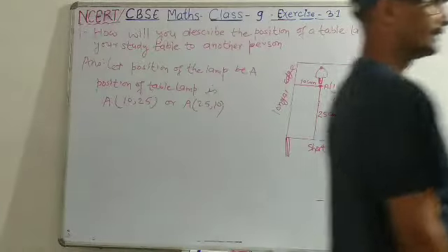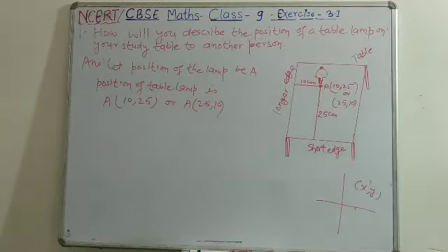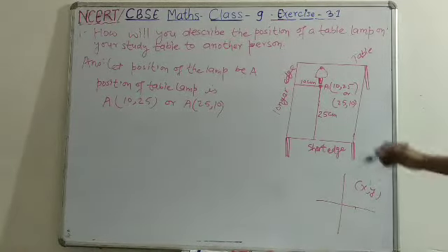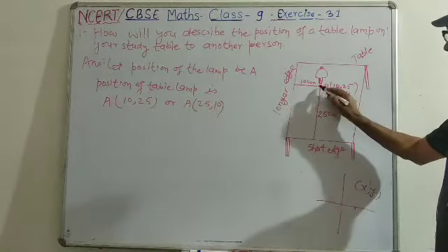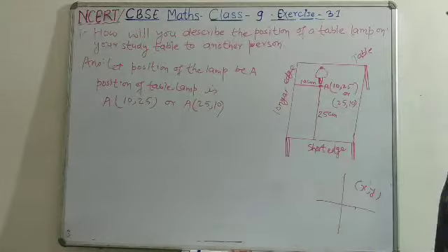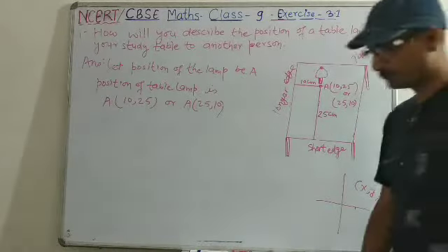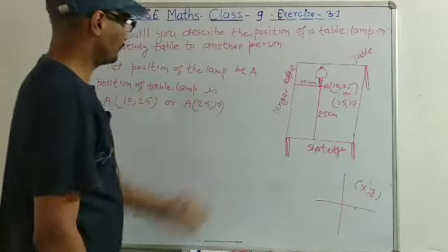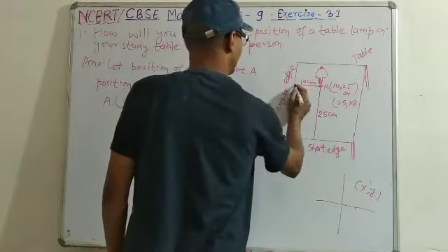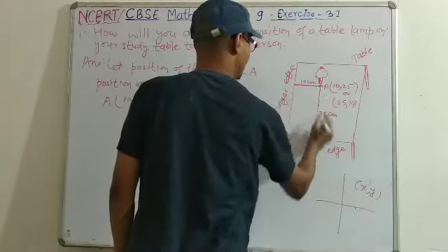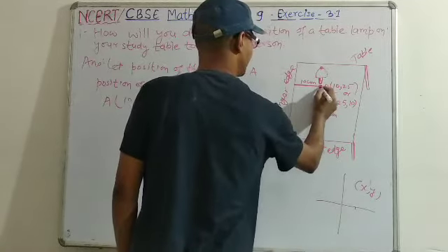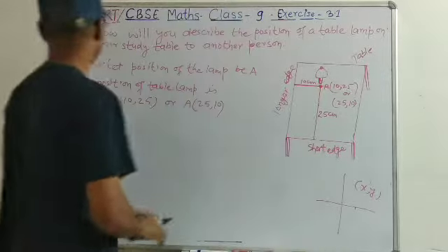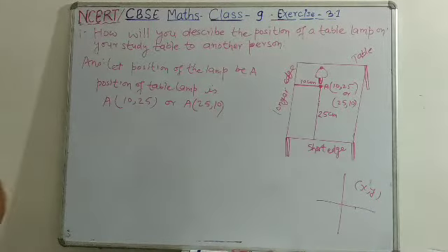The question does not say which is the x axis and which is the y axis; it could be any position of the table. So if we only have to locate the point, we measure. First we draw according to coordinate geometry, mutually perpendicular lines, this also 90 and this also 90. The intersecting point is the position of this lamp, that means point A. So that was the answer to question number 1.